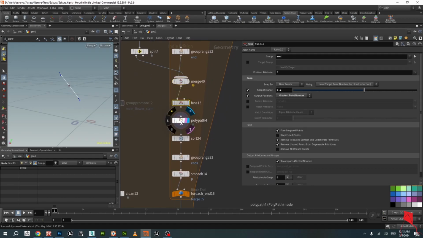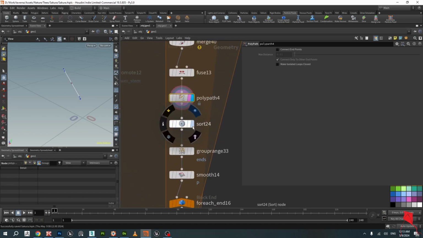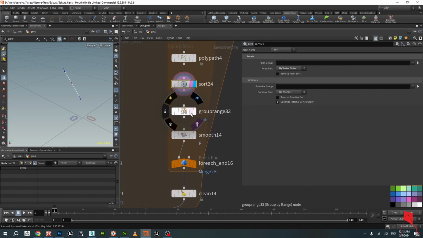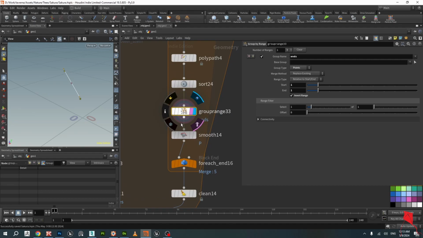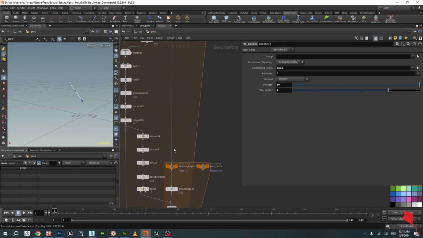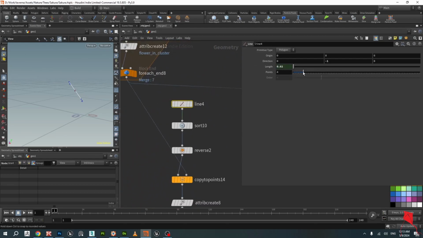Now we polypath it, which is not necessary in this particular case, but if you would have more than one point, you would have to do that. You'll have to polypath. And I think that I did it for roses, and I needed to polypath because there were more than one point. Now we sort it again by vertex order to make everything nice, and we select our ends and we do our smooth. And again, you can see that we only have 1 point, but if here, when we created these tiny little stems, we would have not 2 points but more than 2,